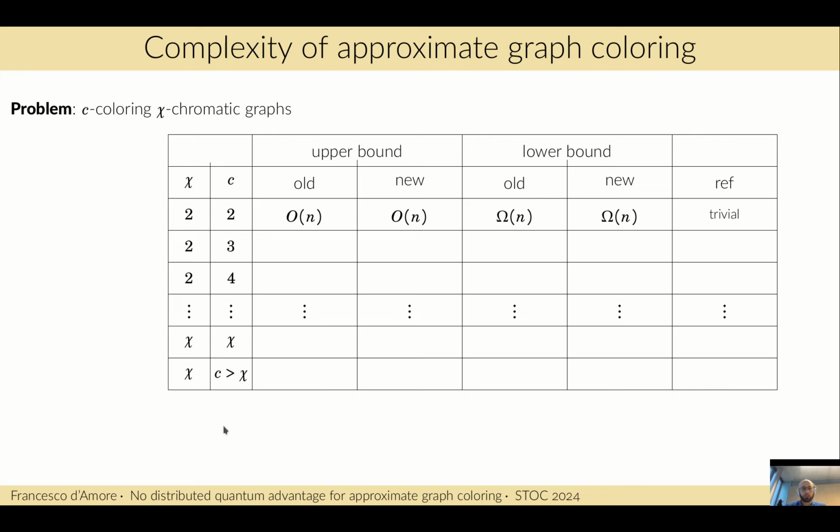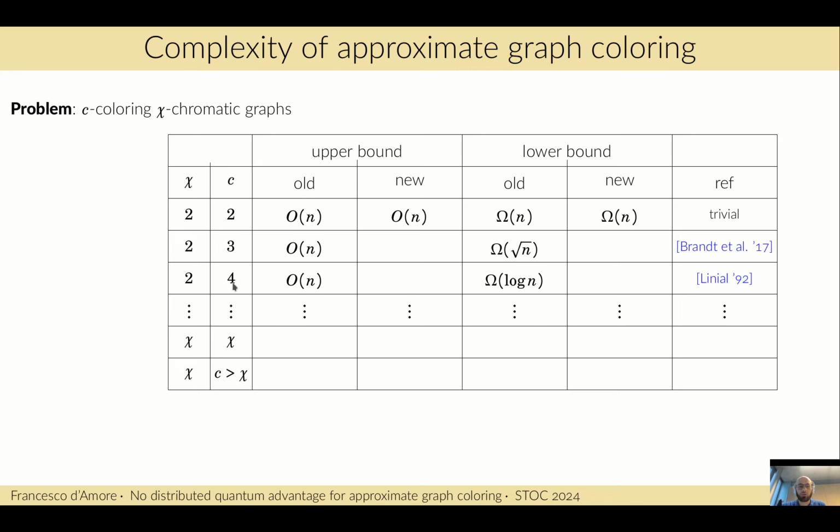Now let's look at the complexity of the problem of interest. If chi equals 2 equals c, we cannot do anything better than the trivial algorithm of gathering everything and outputting the solution. And the lower bound is also trivial, because there are synchronization problems between faraway nodes. A bit more interesting is the case of 3-coloring bipartite graphs, where nothing better than the trivial algorithm was known, but there was a lower bound of square root of n shown by Brandt et al. in 2017 that came from the case of grids of size square root of n times square root of n.